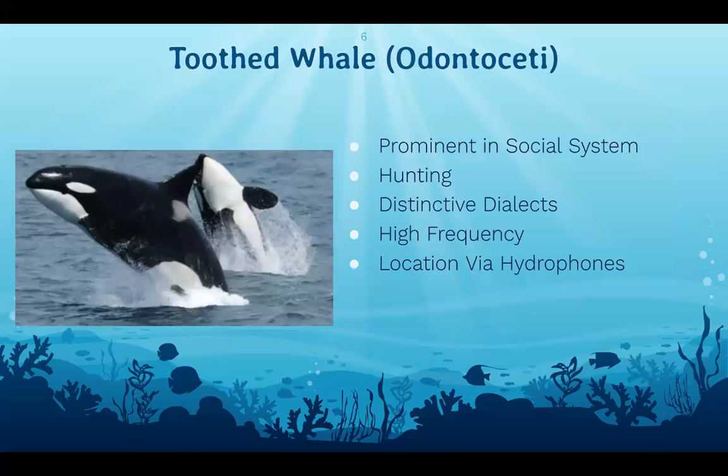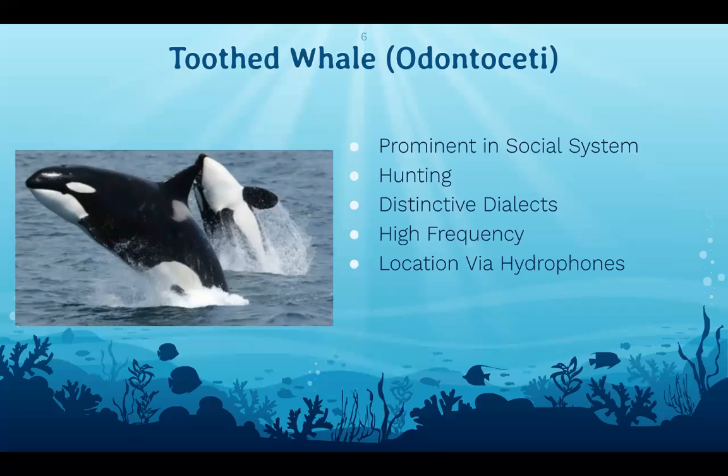So right now, let's talk about the toothed whale, which is also called the odontocete. Different from the baleen whale, toothed whales are prominent in the social system, since most toothed whales work in groups, such as killer whales cooperating to hunt. In this case, their communication is extremely important, which also points out that some species of toothed whales have high intelligence. Most of their communication is based on vibration, which includes sound wave transmission in the